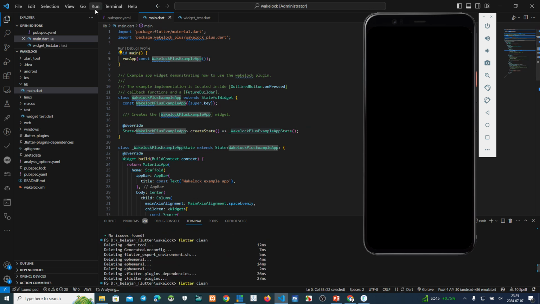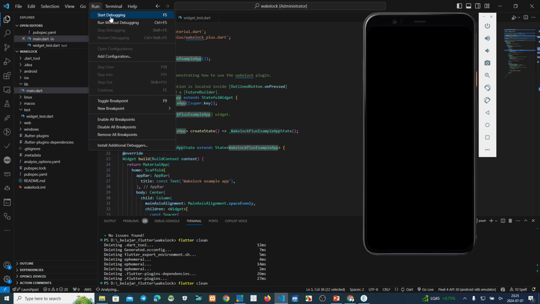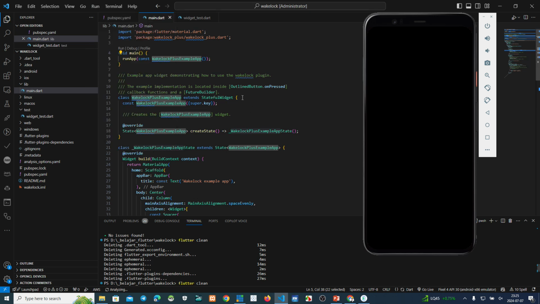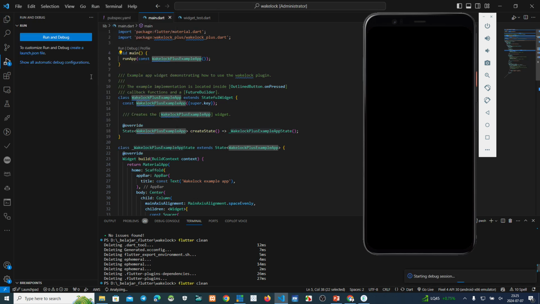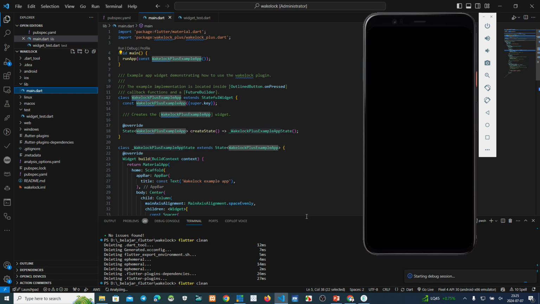Okay, after that we try to run this script. After this running finishes, we can see how to use this plugin.